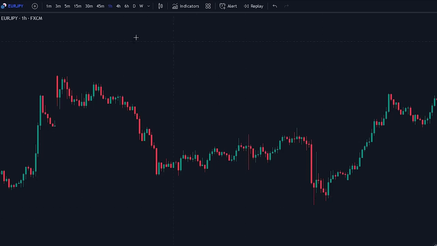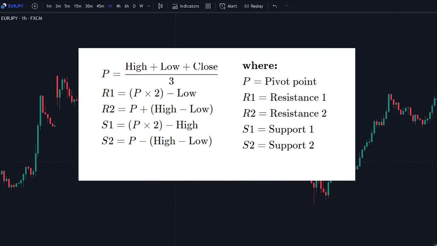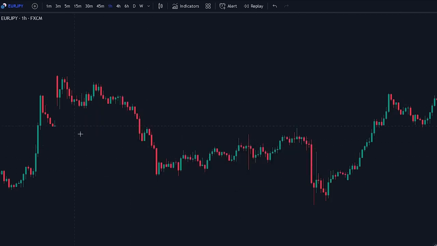Let's first take a look at what pivot points are. Pivot points are actually just the average of the intraday high, low, and the closing price from the previous trading day. To make it easier to find the pivot points, let's add an indicator to the chart to help us